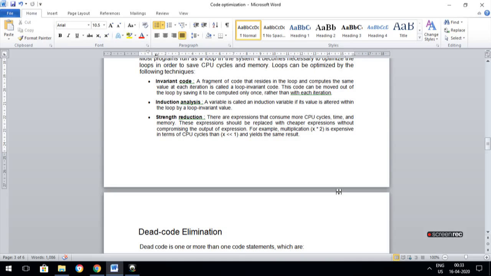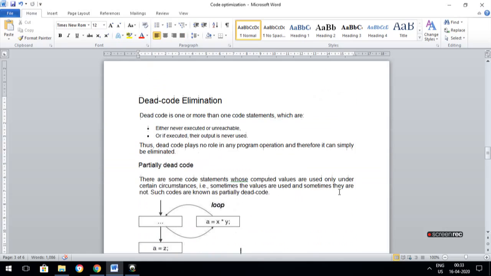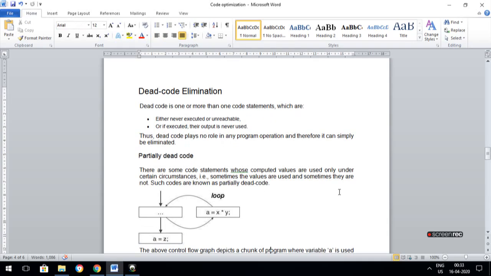So another method for loop optimization is strength reduction. One example is when you go for multiplication, 1 into 2. 1 into 2 generates the same answer each time. When the x value is less than or equal to 1, you go for multiplication 1 into 2, 1 into 3, 1 into 4. So this code can be placed outside the loop for your loop optimization technique. So this is code optimization inside the loop. What is the loop optimization?